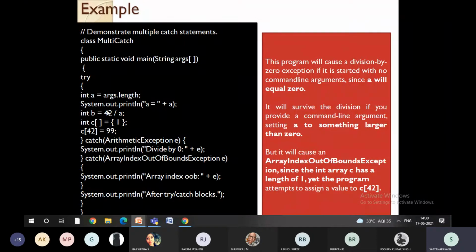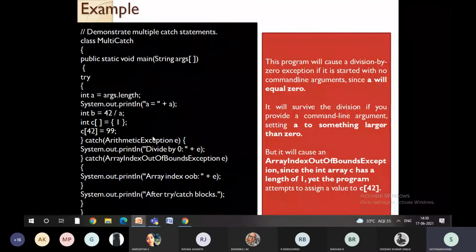Suppose you get an array value more than the length of c, say for example 99, which is greater than 42.